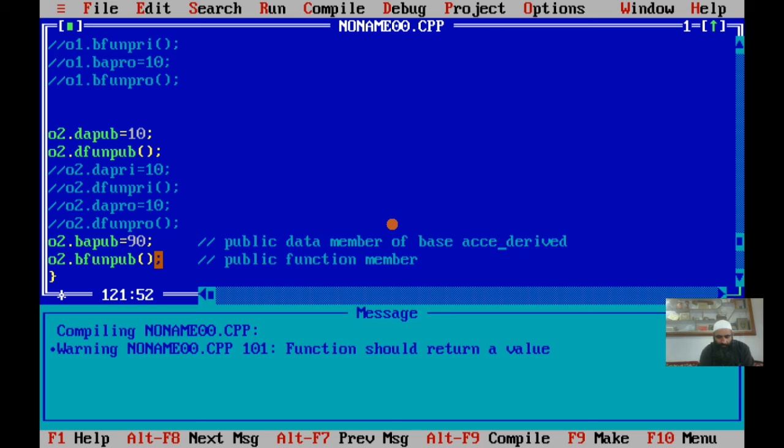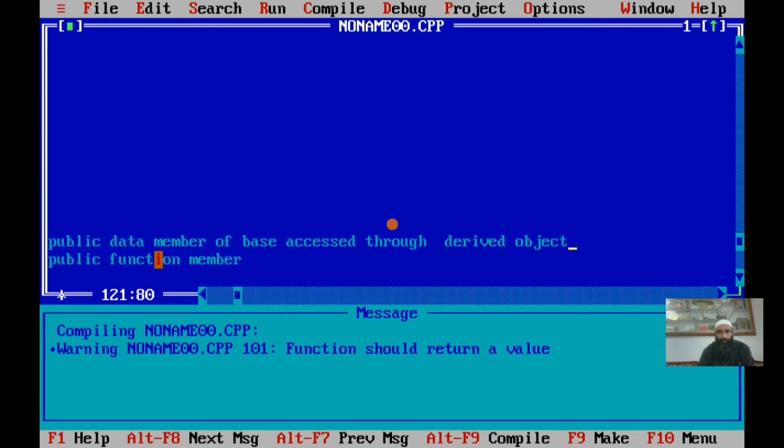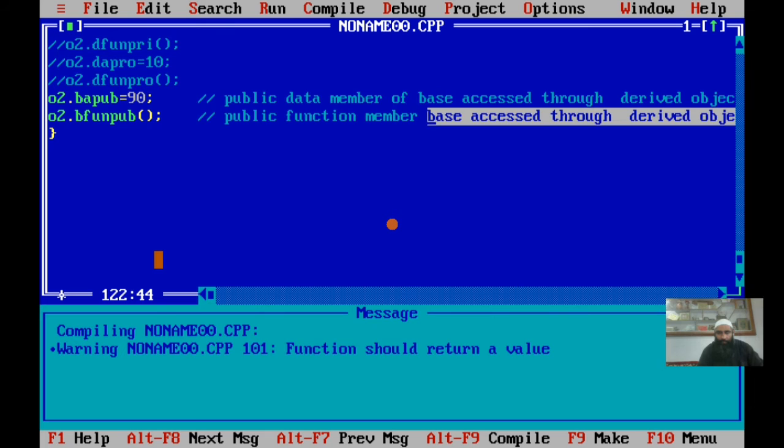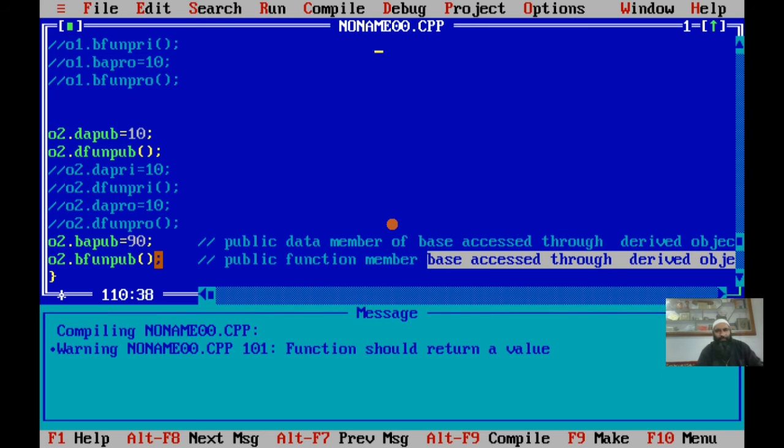Accessed through the derived object. Okay. And the same is true here, that the function member, so any non-member function can now access the